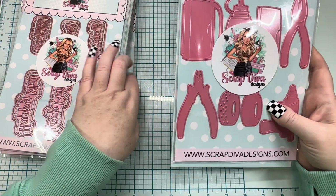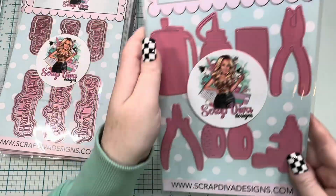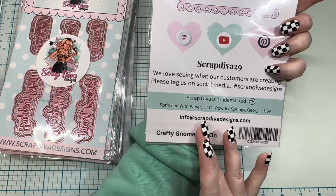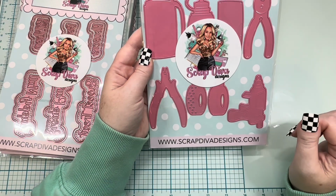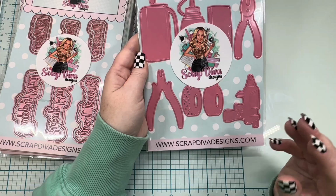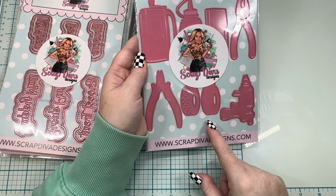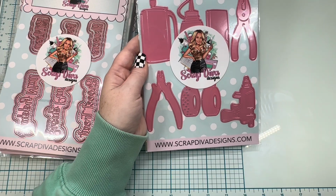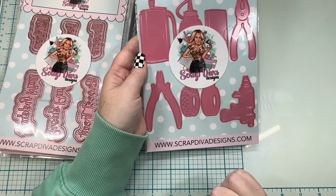So this first one is the Crafty Gnome add-on. I don't have the Crafty Gnome, but now I'm going to have to get it. But even if you don't, you could still purchase this because look at all the cool crafty things that you get, and you can use this on a swap packaging, a crafty swap, anything. This is really, really cute. So even if you're not into gnomies, I'm not particularly a gnomey girl, but this add-on I would still purchase